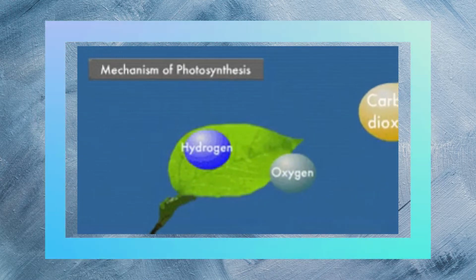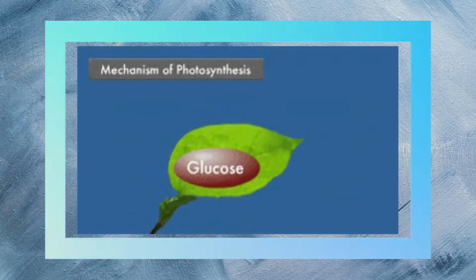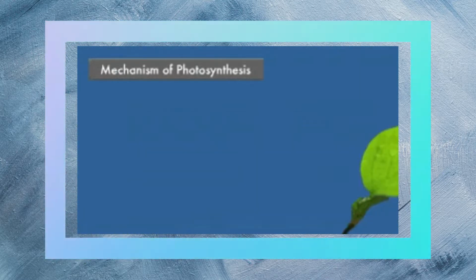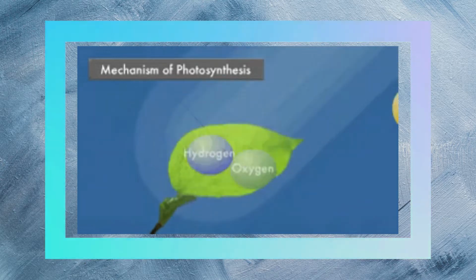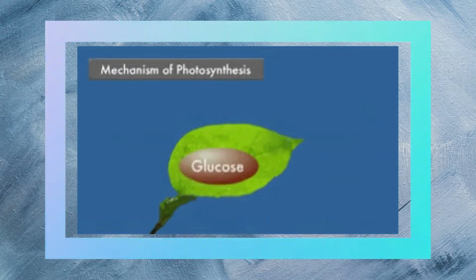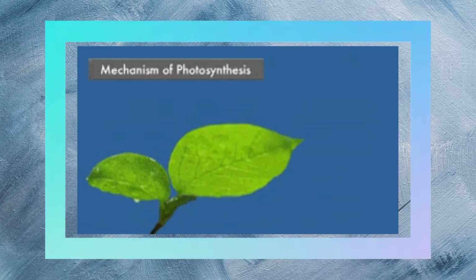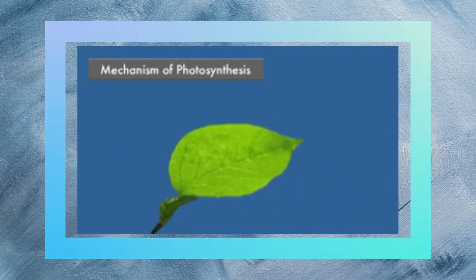In this slide, how does photosynthesis work in plants? Here you can see the plant absorbs the water from the roots. In the presence of light and chlorophyll, the water splits into two parts, that is oxygen and hydrogen. Oxygen is released through the small pores in leaves called the stomata into the atmosphere for animals to breathe, and carbon dioxide is combined with the hydrogen produced in the first light dependent process to make carbohydrate, that is glucose.